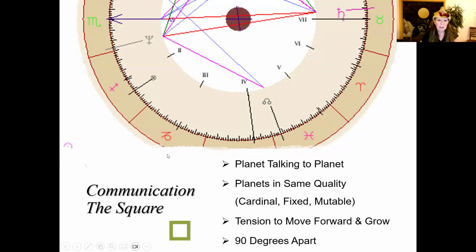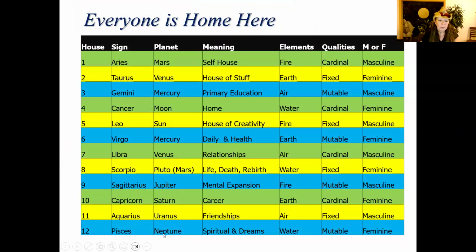So you've got them here. Let's take a look. Same chart that we just put up, same coloring, but now it reveals a different pattern. Aries to Cancer, Cancer to Libra, Libra to Capricorn are squares in the cardinal signs of fire, water, air, and earth, masculine, feminine, masculine, feminine. So we've got the cardinals here, and all four of them showed up. Cardinal fire, cardinal water, cardinal air, cardinal earth.